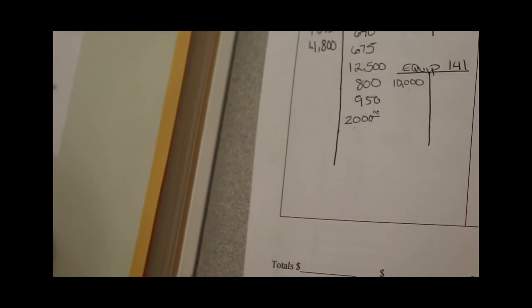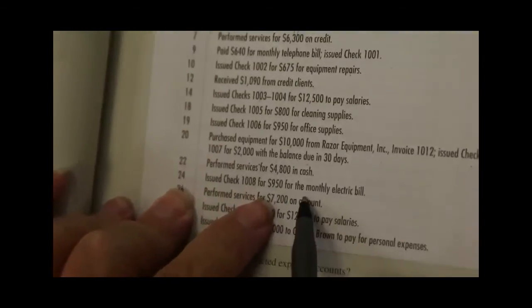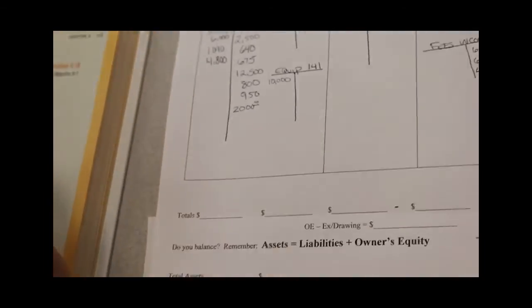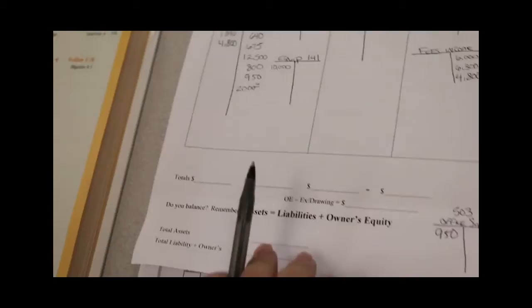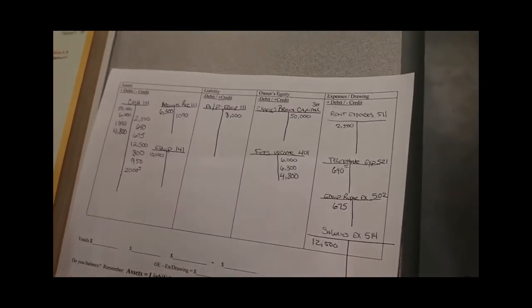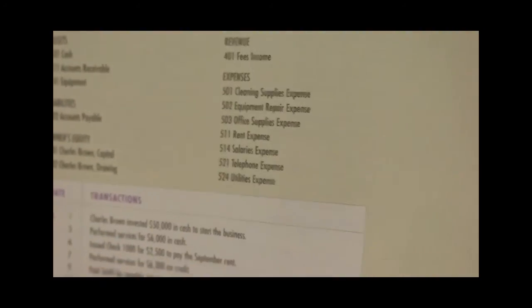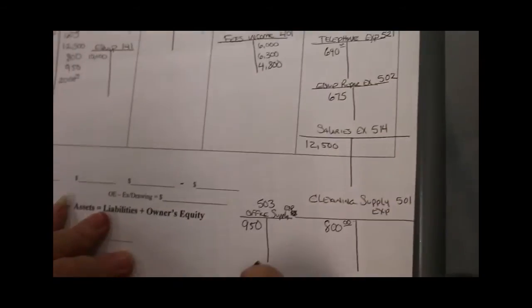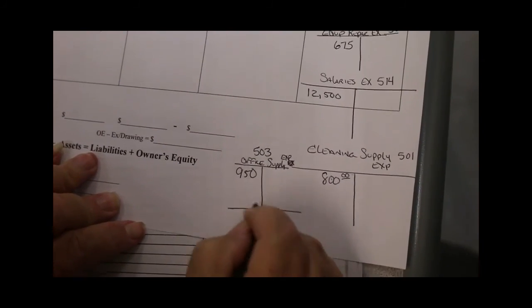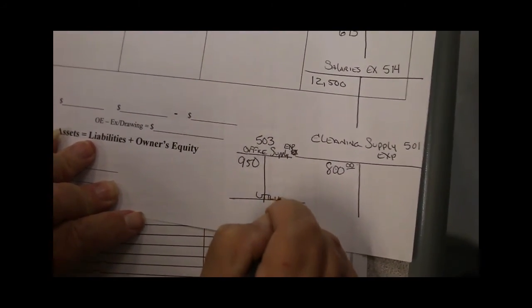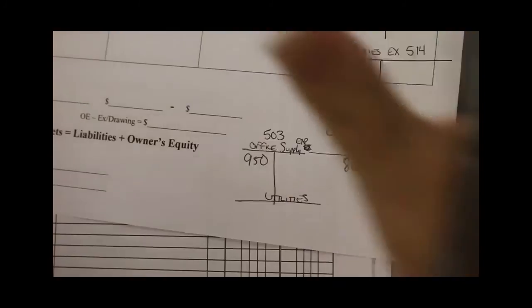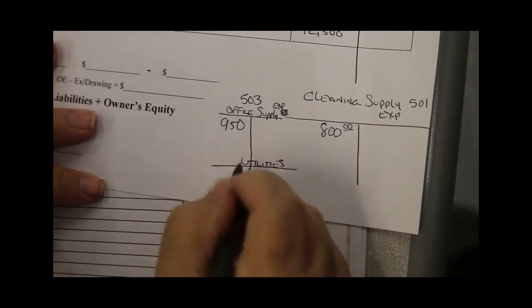The 24th. Issued a check 1008 for $950 for monthly electric bill. Oh my goodness. Are we going to have to do another expense? No, we're going to put all utilities. Actually, telephone. Yeah, we're going to make another account. Oh my goodness. Let's do it down here. Utilities. Next time I'll make a bigger one. All right, debiting or crediting, we are going to